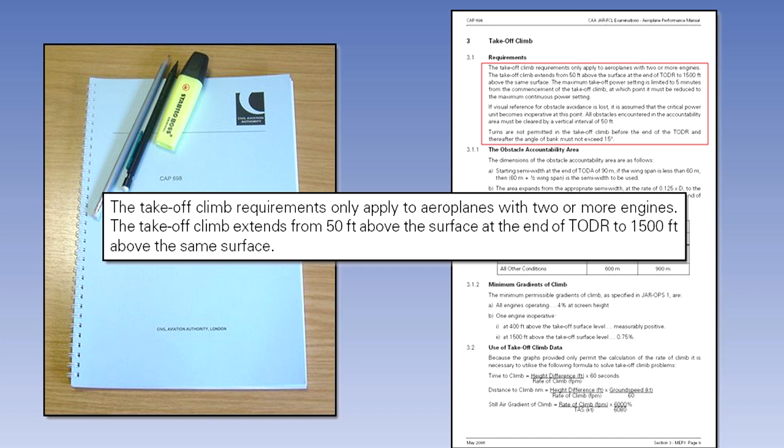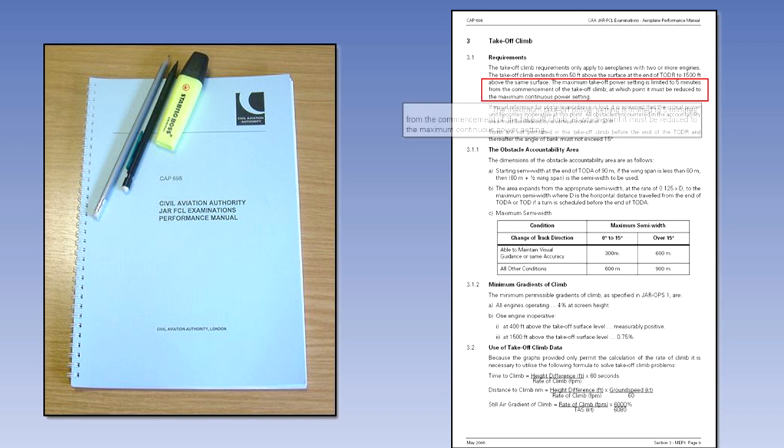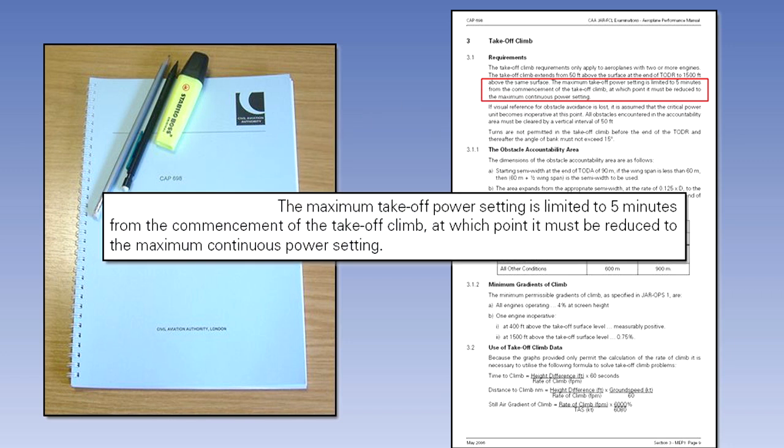At the top of the page, the first paragraph contains the definition that the takeoff climb extends from 50 feet above the surface at the end of the takeoff distance required to 1500 feet above the same surface. The paragraph also mentions that takeoff power is applied for only 5 minutes, after which time maximum continuous power must